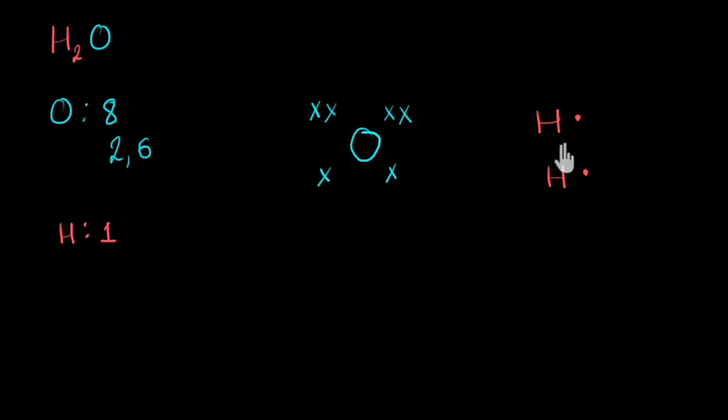Now let's come to hydrogen. See, hydrogen needs only 2 electrons to become stable. Just like the noble gas helium, it needs to have a complete duplet. Now it currently has 1 electron already. So it needs 1 more. Now to gain 1 electron, it needs to share 1 more electron. And over here it can share 1 electron with oxygen. So let's do that. Let's make hydrogen and oxygen share 1 electron with each other.